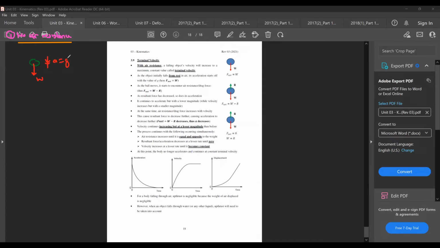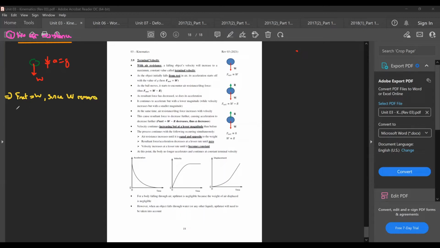And then your F net is actually equal to W. Your net force here is equal to W. When your object drops, your weight doesn't change, right? So F net equals W, since weight